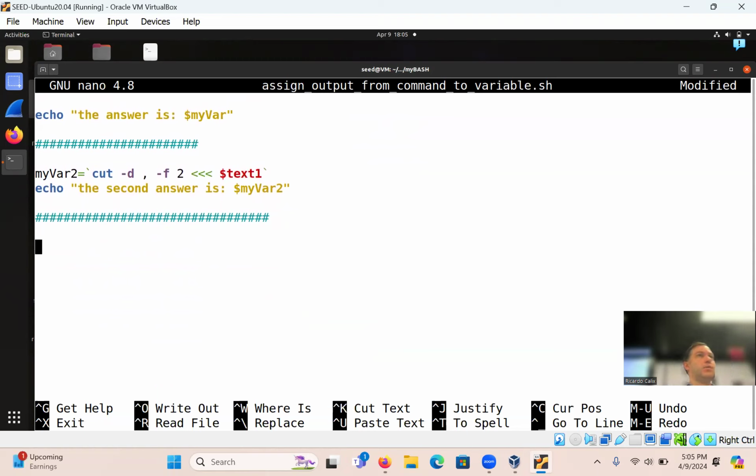So let's call it now equal $(date), just like that. Then we may need to process this, or maybe not actually, but let's echo it.